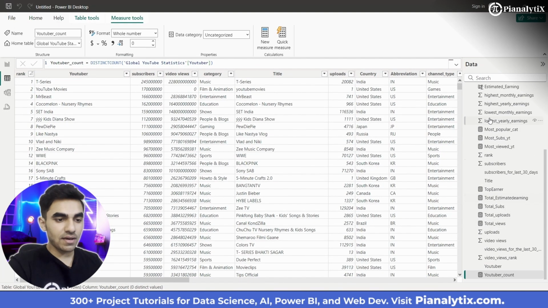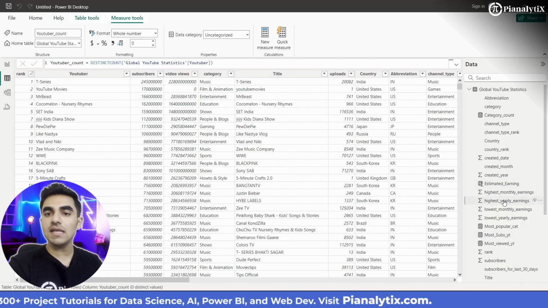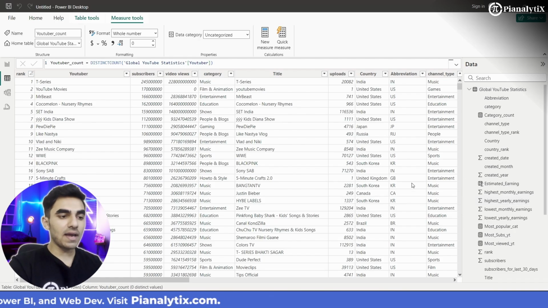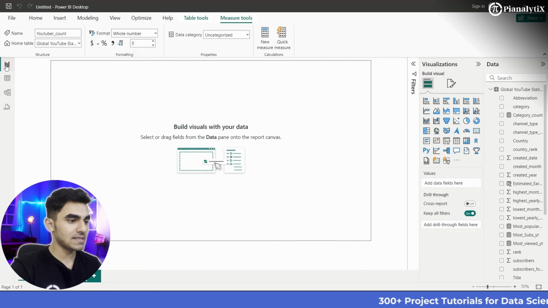Okay, so I think that is all that we need to do in this table view section. We have created all the required measures and the columns that we need for building our report. So now let's move ahead to creating our report. We'll go to the report view section,